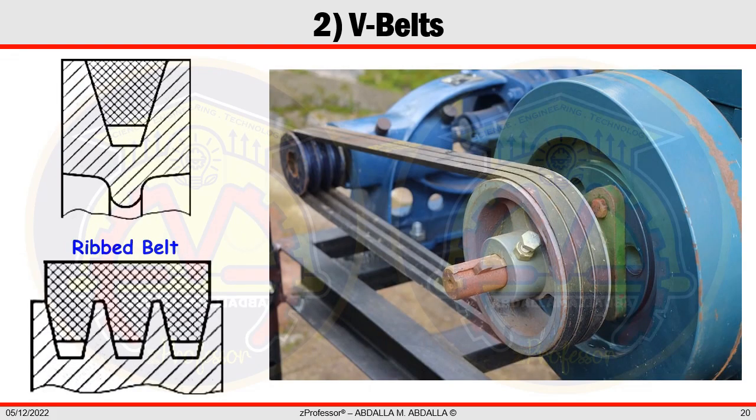V-belts often have endless cross-sections with trapezoidal lengths. V-belts need sheaves or grooved pulleys. The V-belt wedges firmly into the V-shaped groove due to the geometry of the cross-section, and the two contact sides are working surfaces. As seen in the lower left illustration, a ribbed belt combines the features of a flat belt